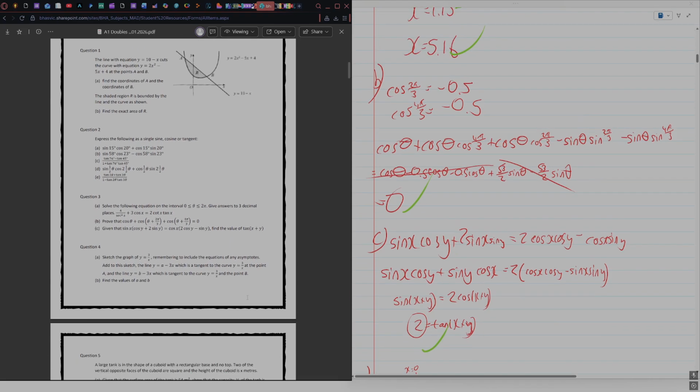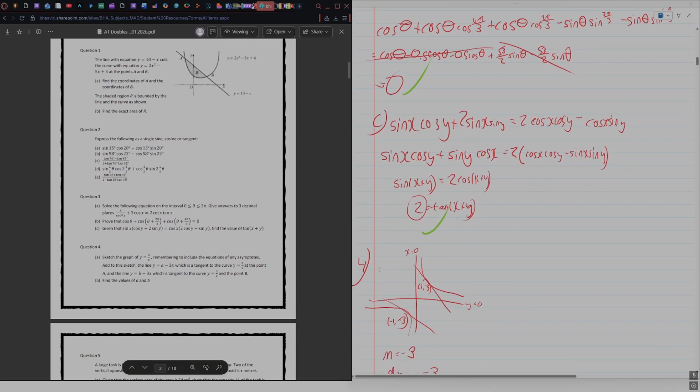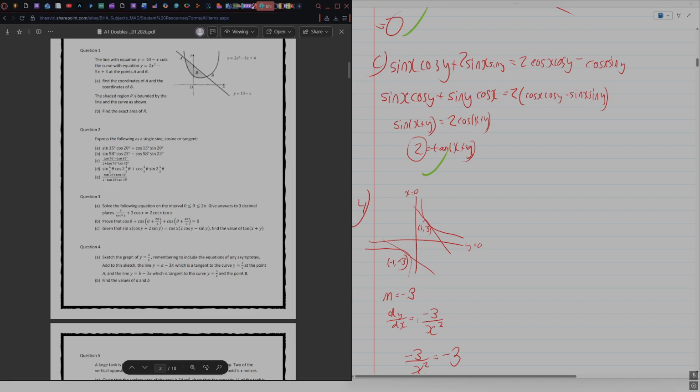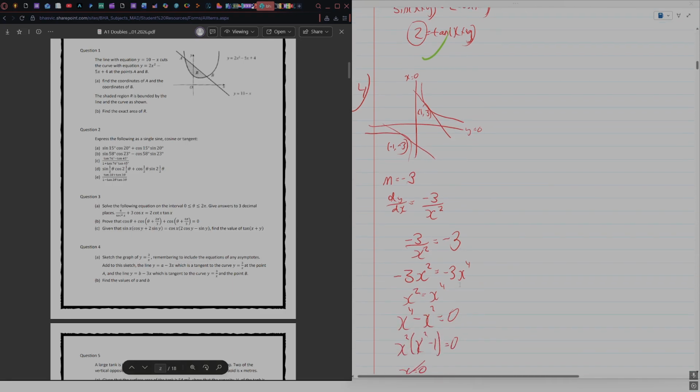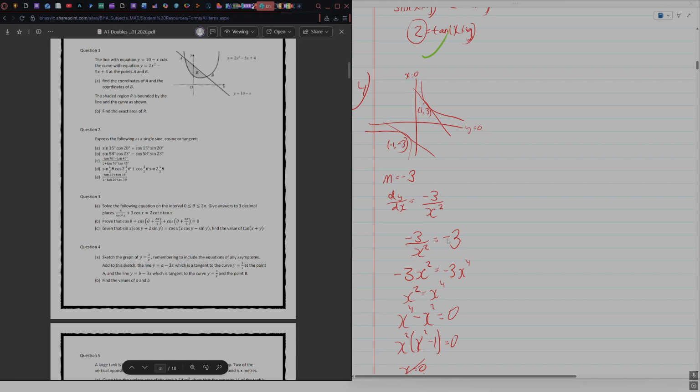Anyway, next question. This was an interesting one. So just sketch the graph and then sketch these lines here. And the way that you do this is you say that for finding A and B, you know the gradient of the 2 lines are -3, so you know the gradient is -3, then you differentiate, and you set the derivative equal to -3 because the gradient is -3 of the line, then whenever you're solving